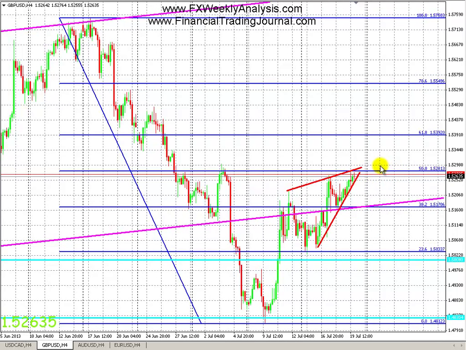Or if we do go upwards, I expect price to be stopped around the 61.8 fib level, and that would be a great place to stop, because that's well below the 1.56 and 1.57 level. But if it does continue going back up to there, the 78.6 level is also at the 1.555 level, which is below both the 1.56 and 1.57. So that's a good level as well, but this one is better, the 61.8 fib level. So I could see it going up to there and then going back down, or it can just go straight down from this point onwards. But that's it for the pound dollar.